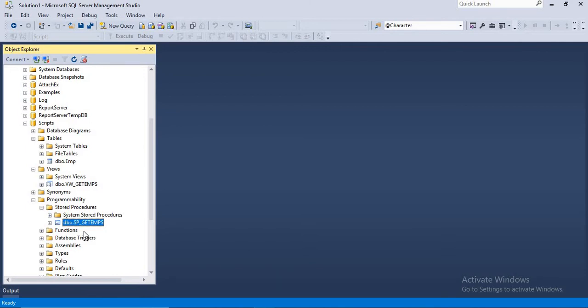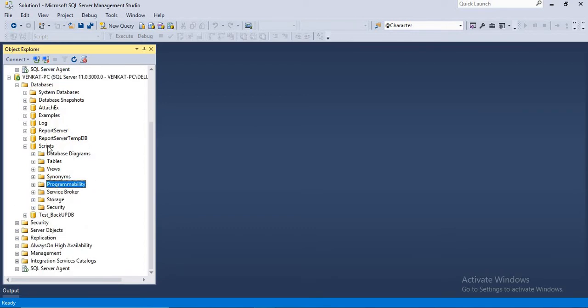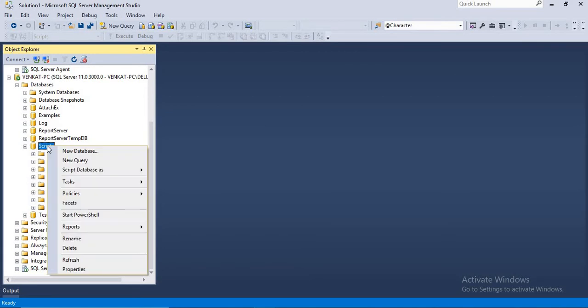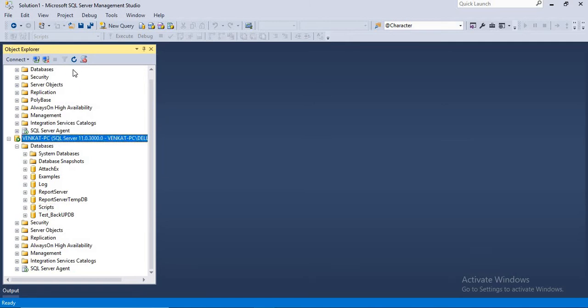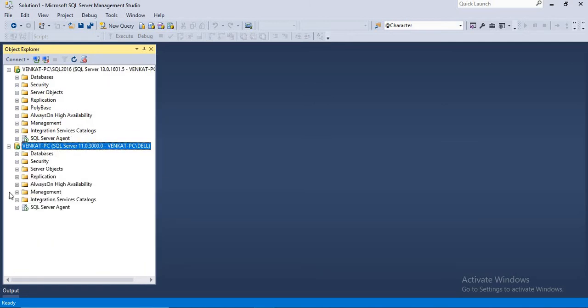So let's try to generate scripts in one shot for all. How to do it? Let's minimize this. Select the database for which you want to create scripts. If you see, I have multiple databases in this server. I have two servers, as I mentioned. This is my development database. So this is my UAT database, Azure Meta. And the version of the database is also different, but ideally, if you think practically, you will have the same version in dev as well as UAT.